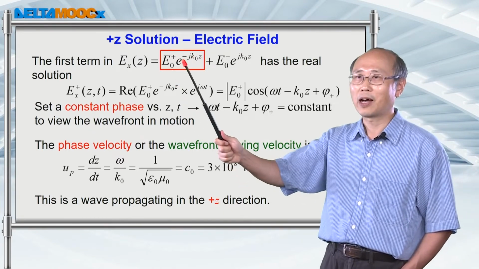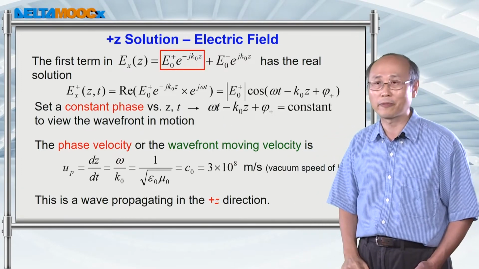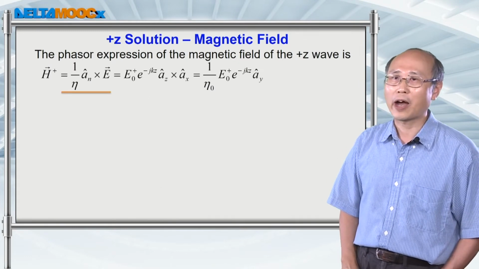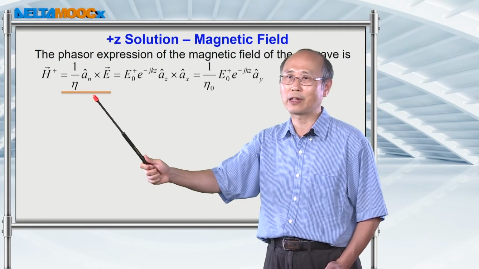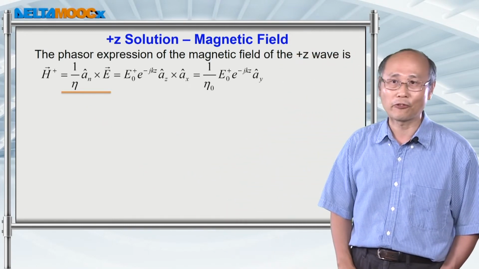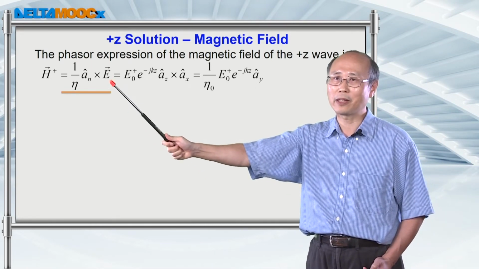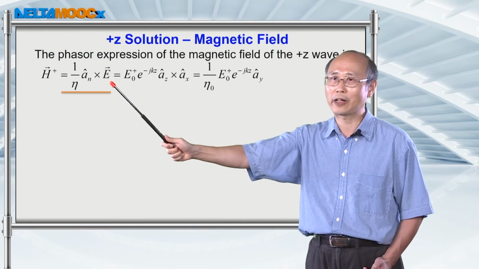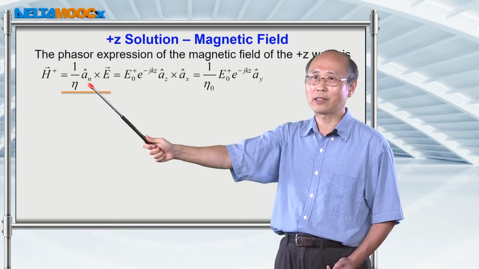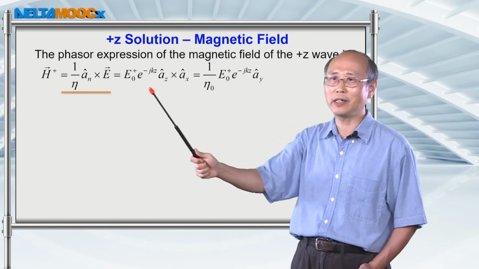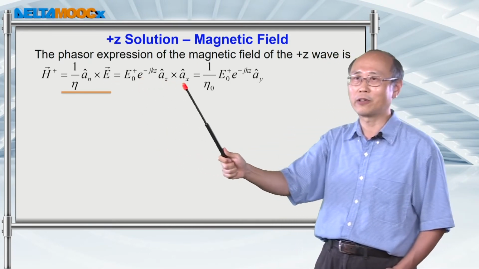So the sign preceding this j tells you the direction of the propagation of the wavefront. And once you have the electric field, then you can calculate the magnetic field through this solution we derived in lecture 5. So if you just put this z direction propagating wave with a polarization electric field direction along x direction, then you know that the wavefront propagation direction is along z, which is az right here, and the electric field is along x direction.